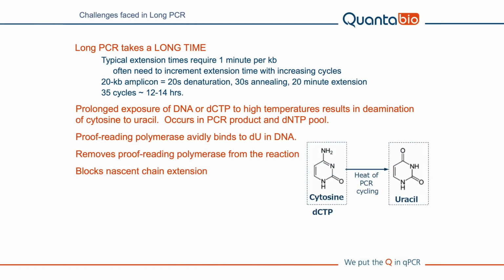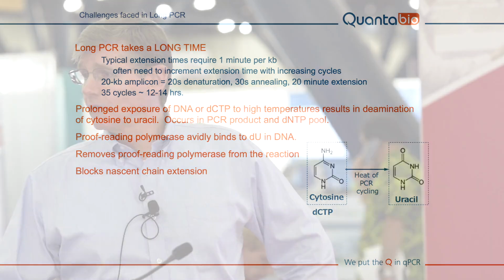Also, this prolonged exposure of DNA or your nucleotide pool to high temperature can result in deamination of cytosine to uracil. When uracil gets incorporated into the DNA, then you have termination of extension. Now the team at Stratagene had a novel trick of throwing a dUTPase into the long PCR mix with their Pfu enzymes, and that tended to help. But